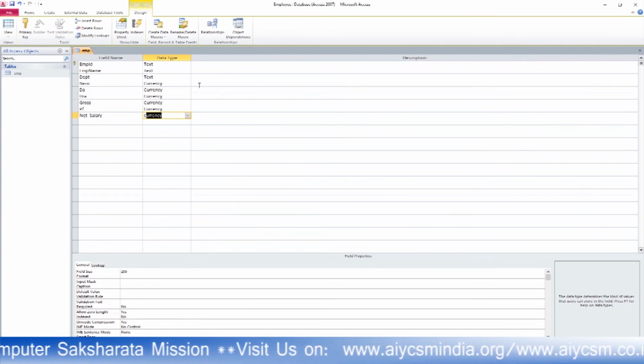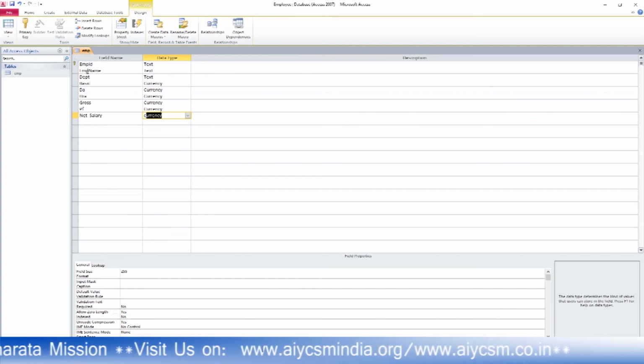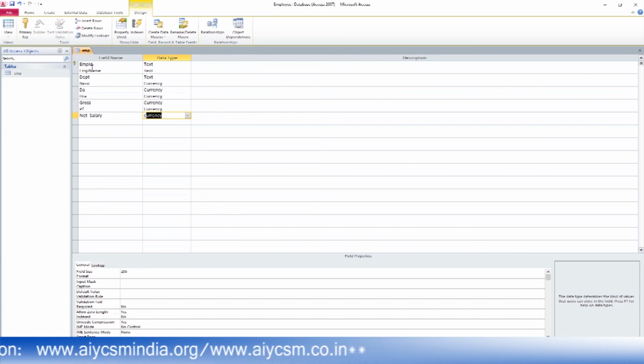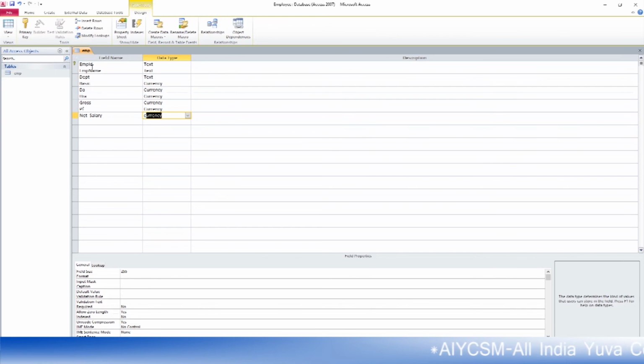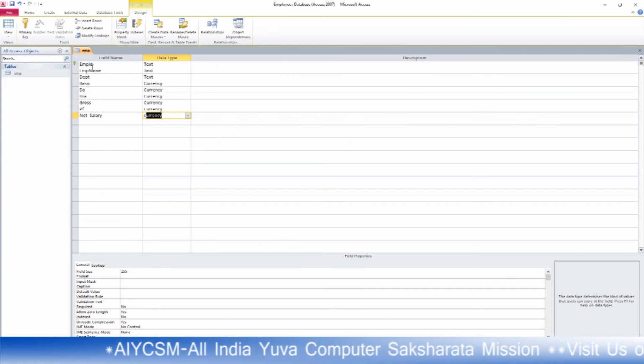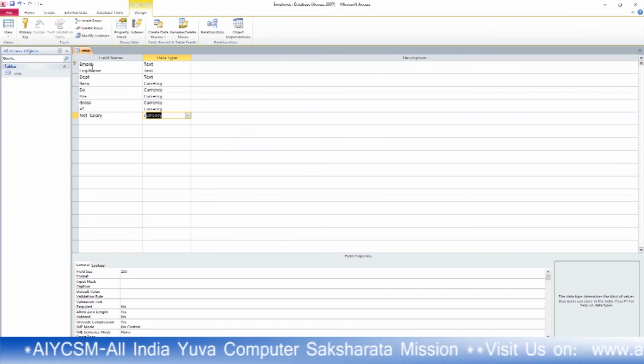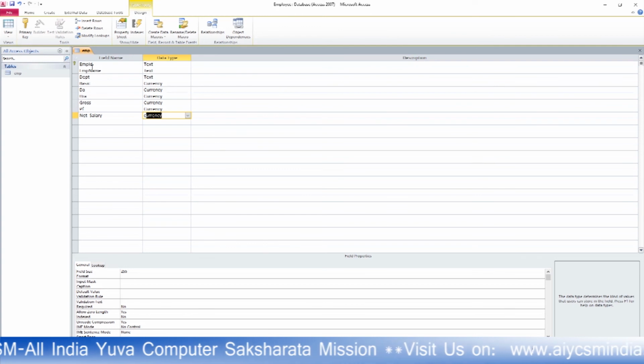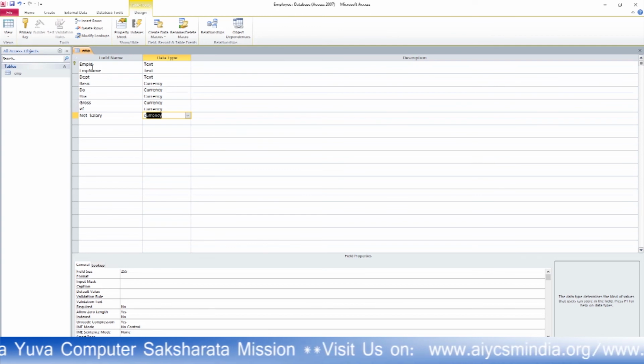Now there is an important point. You have to select one field, one row, as the primary key. What is actually a primary key? It is a unique identification number. This value is never empty and never duplicated. When you are taking any exam, you are provided a roll number or registration number. This registration number is unique. With the help of this registration number, you are able to find your result on the website. So every database has a field like that, which is unique and never empty.